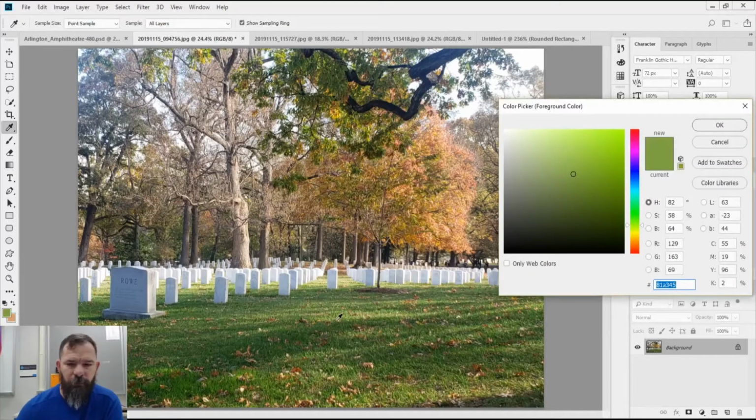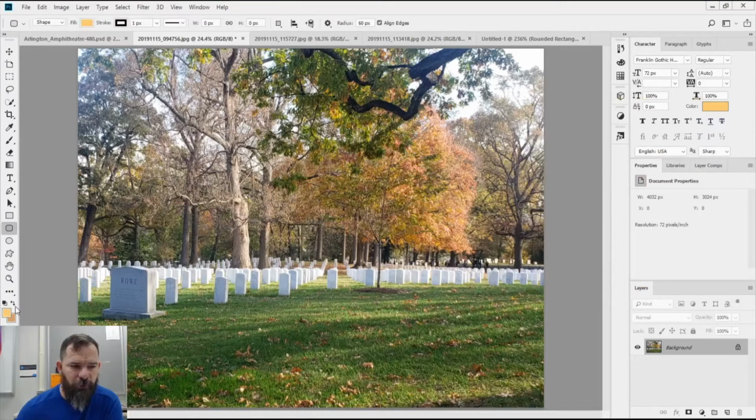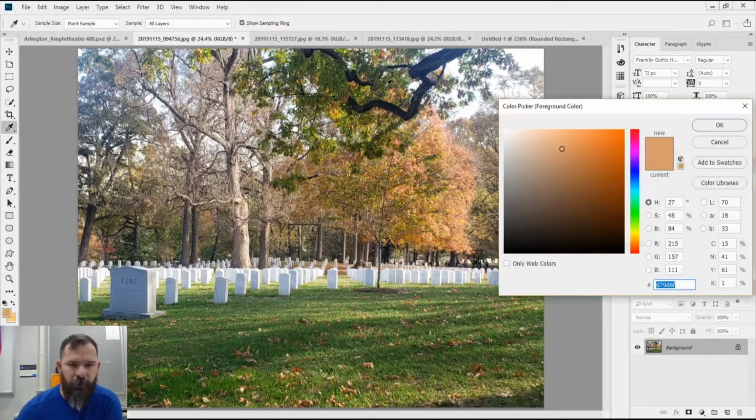For instance, right here, I was playing around with matching leaves, and when it comes to brightness, you want one to be darker and one to be lighter, honestly. So you just kind of click around. You want to take something directly out of your image when you do this kind of thing. So, you know, there's a color,